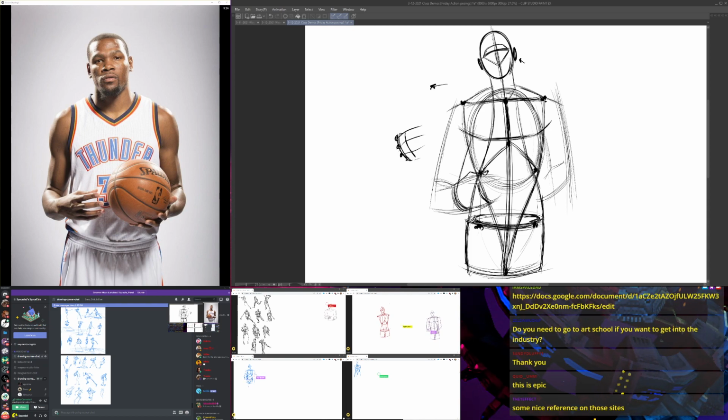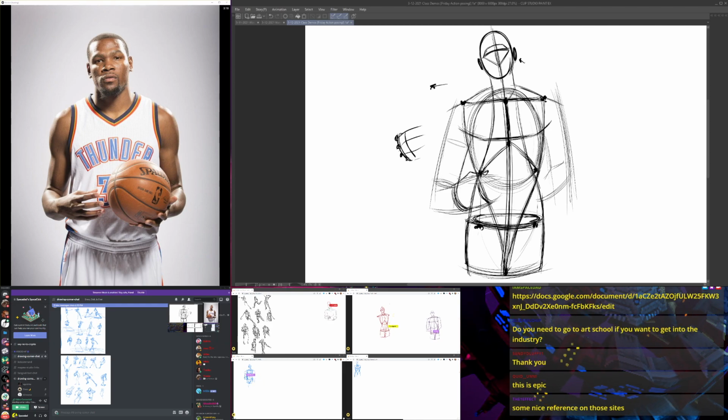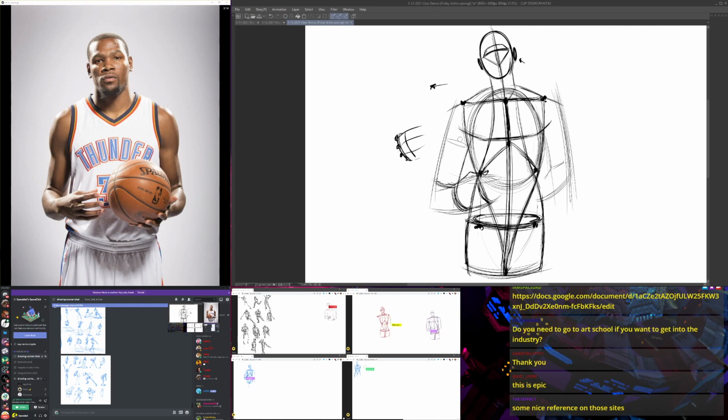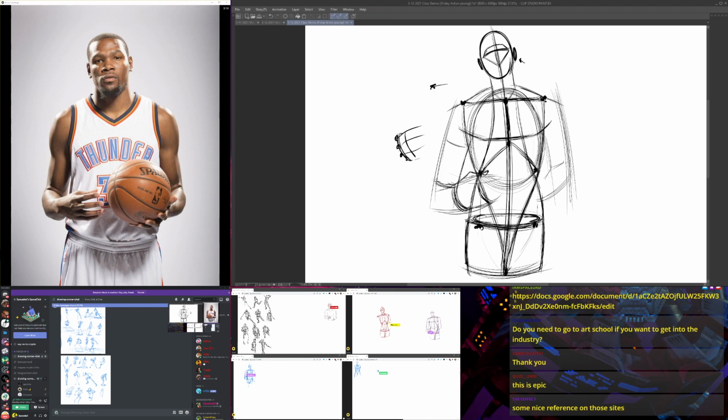So this arm right here is basically a cylinder. And it is going away from us in space. I think it's bent back away from us. So that means if we could see an x-ray of these ellipses inside the cylinder, we'd be looking at the top of the cylinder back in there.